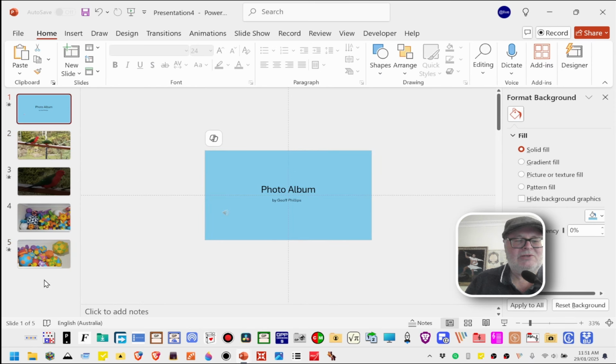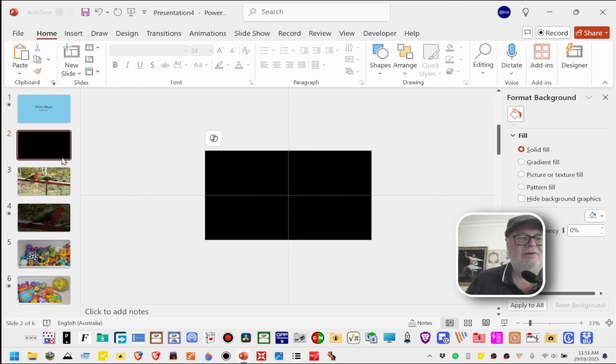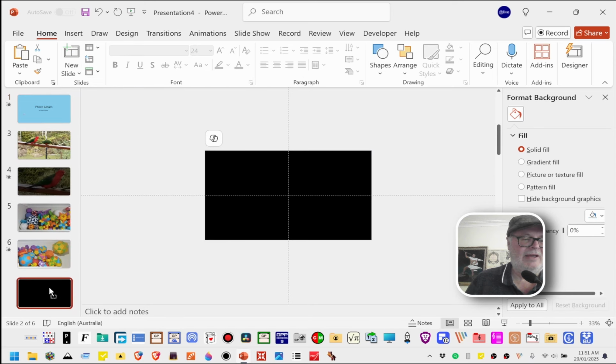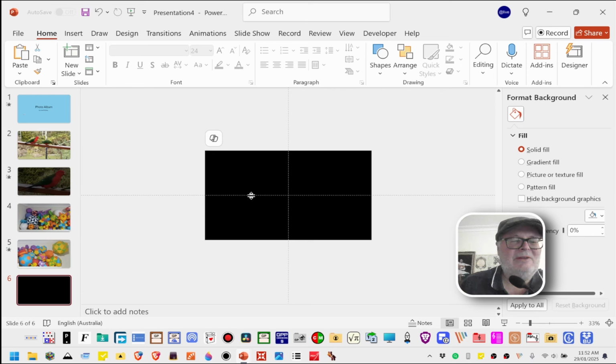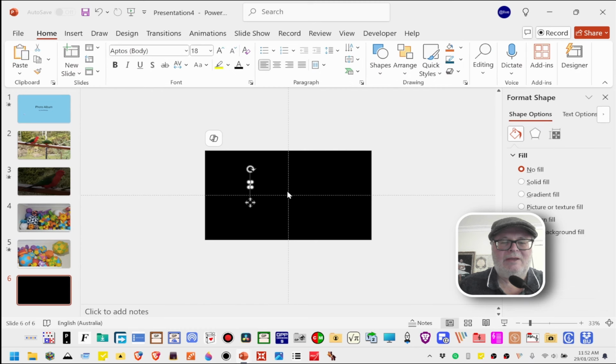I haven't got an end slide. You could do that by go to home, new slide, pick a blank slide. It's in the wrong spot, so I can drag it down there to the end. If you want some text, you can go to insert, text box. If I click on that and type the end,